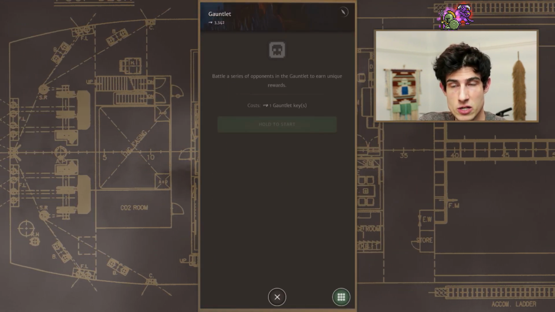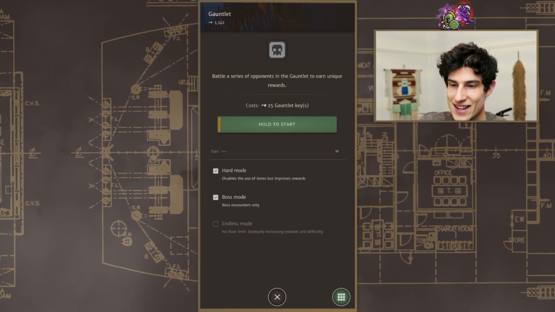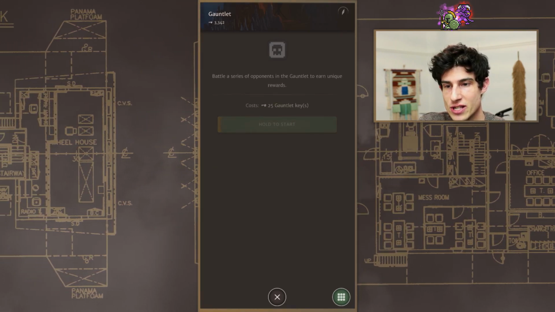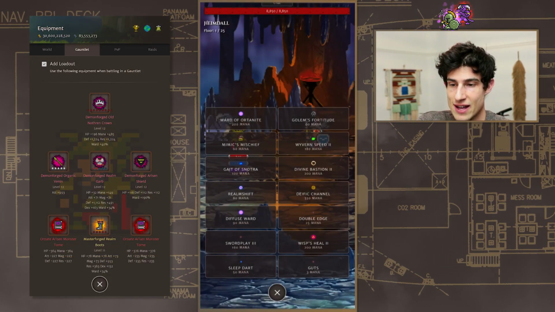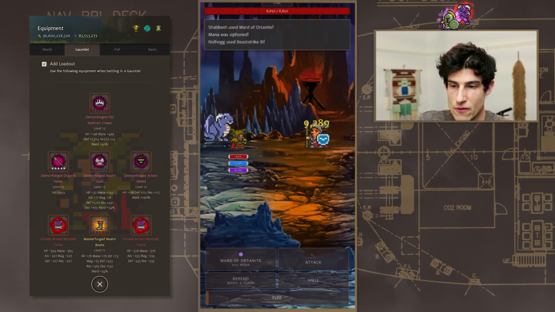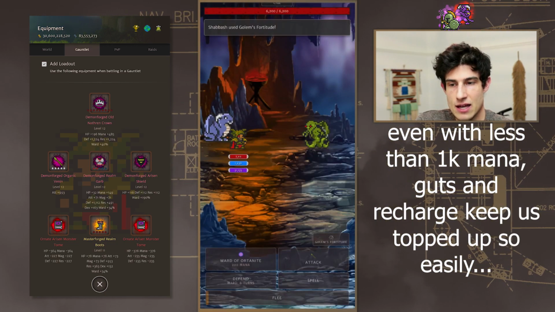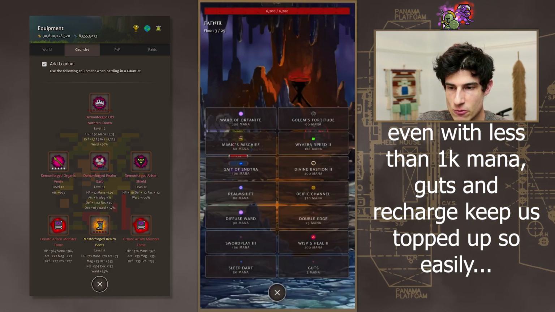Can use Chimera as well, pretty solid to go through. If you like a bit of thrill and excitement, you can of course go in with Crimson Gazer, no issues. Definitely recommend Wisp's Heal for that. Crimson Gazer can do it no bother. So we've got 1400 mana at level 250. That should be plenty. Golem's Fortitude, we're going to buff up really defensively, play it as safe as we can